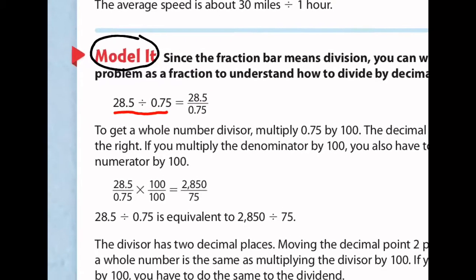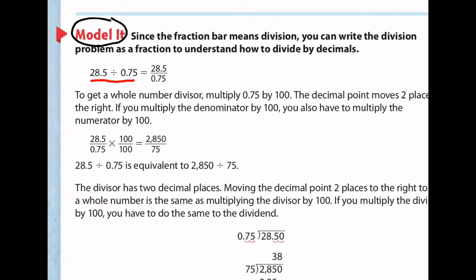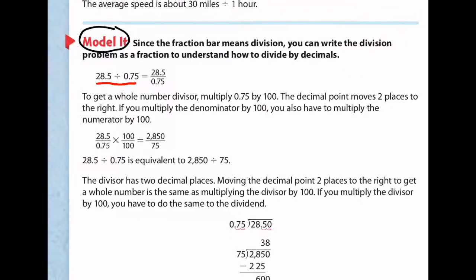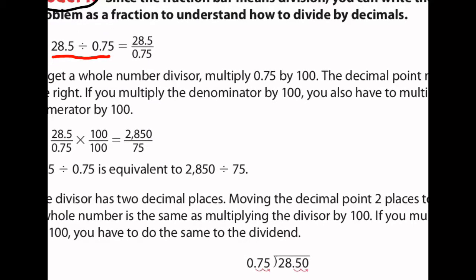All right, now, this next step, follow along with the pointer. To get a whole number divisor, remember the divisor is the number you are dividing by, multiply 0.75 by 100. The decimal point moves 2 places to the right. If you multiply the denominator by 100, you also have to multiply the numerator by 100. So here's what they're saying. I'm going to show this problem here,